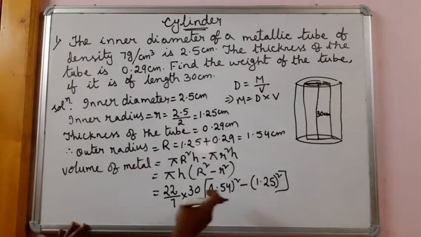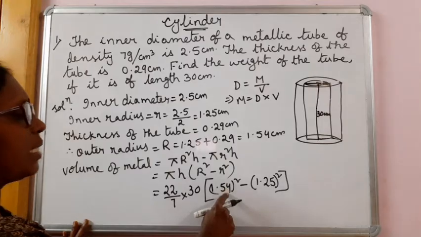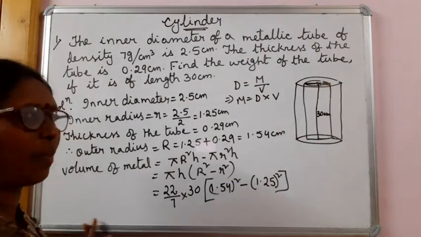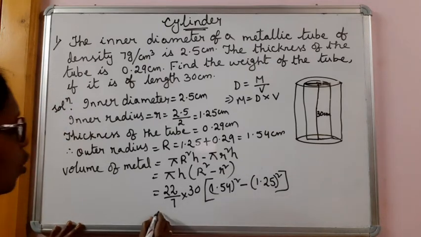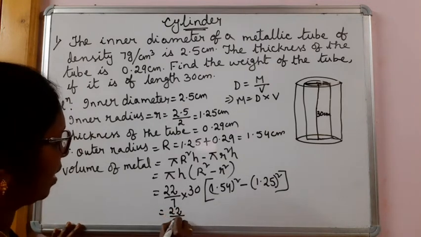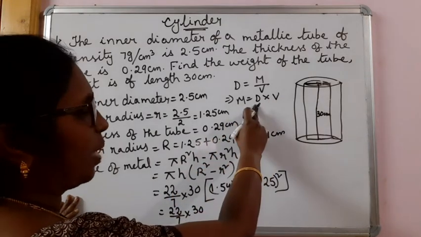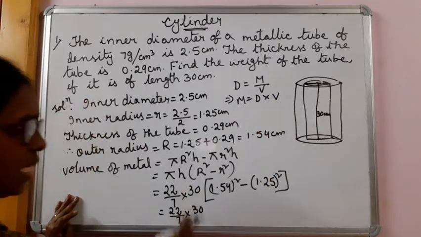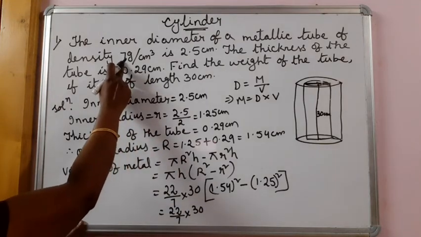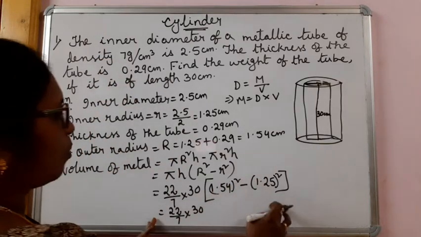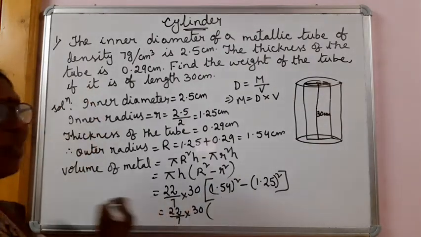Anyway, you can do this square minus this square and subtract, or it is like a square minus b square, which is a plus b into a minus b; if you do that also you have to multiply. So let me do 22/7. I want to keep this like this only, because the volume of the metal is to be multiplied by the density. So let me not simplify here. Here we can see density is given as 7 gram. So when we multiply this volume by 7, this 7 will be cancelled. So I don't want to multiply.